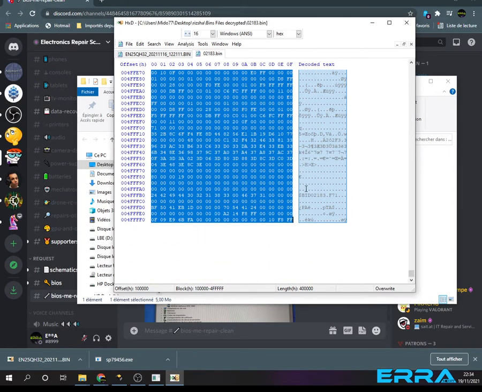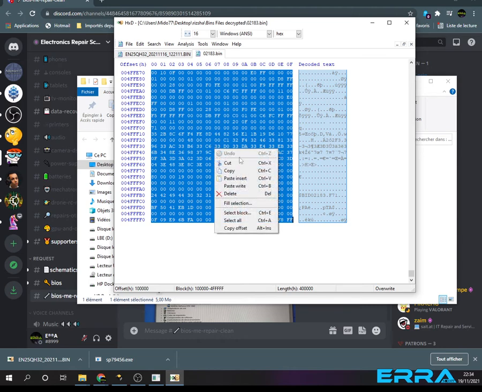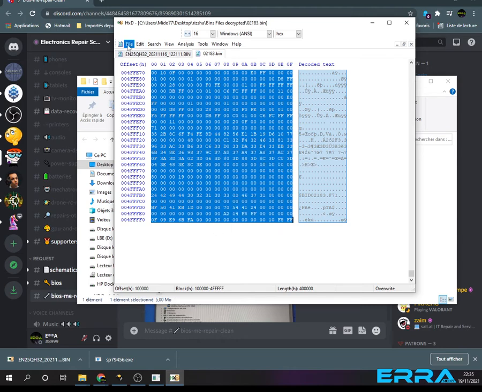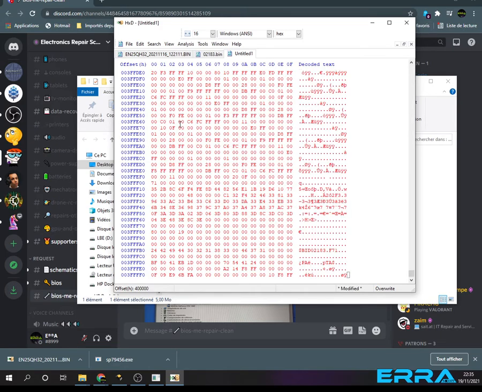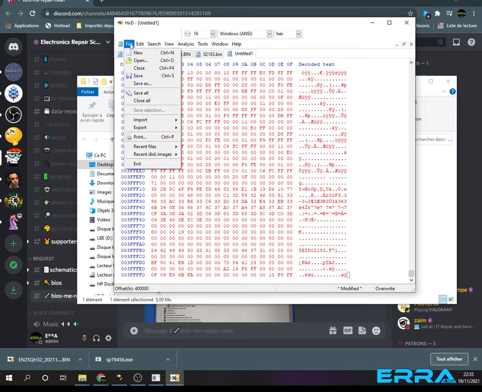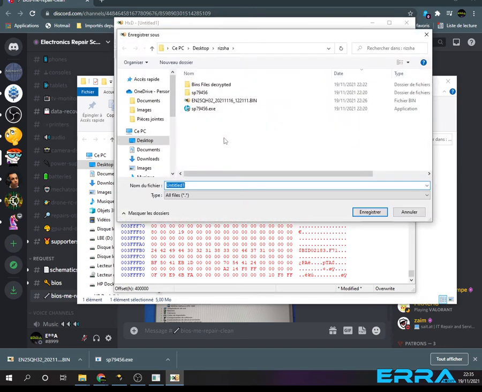So yeah, I was right about where to select our block, because here we have the selection till the end of the file. Let's copy this, or let's do Control X, remove it from here, and let's open a new file, and we do Control V. Let's paste everything here and save it as